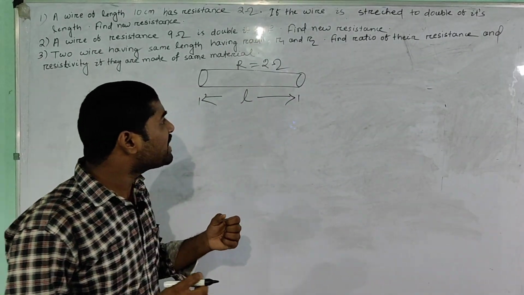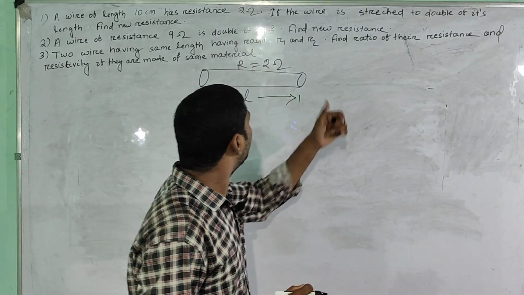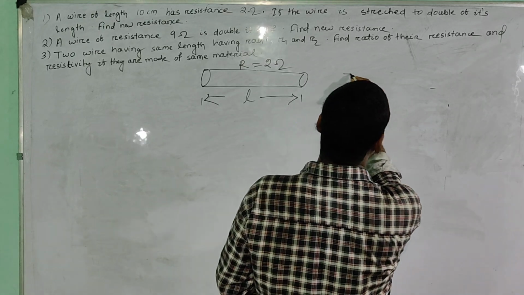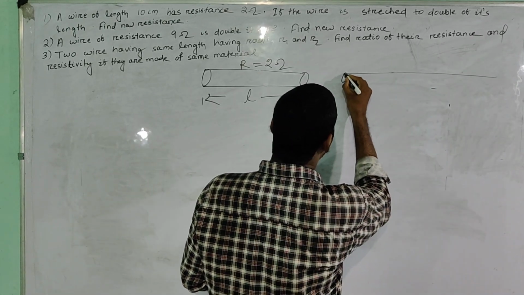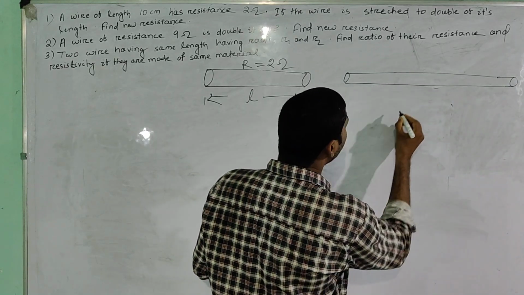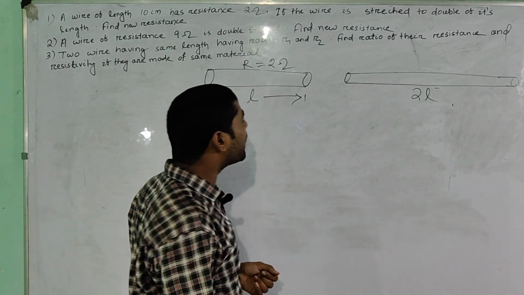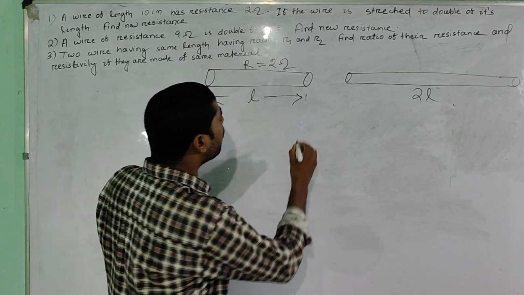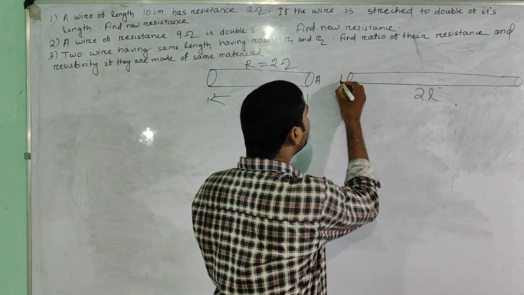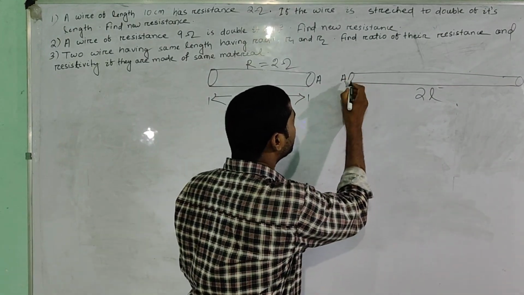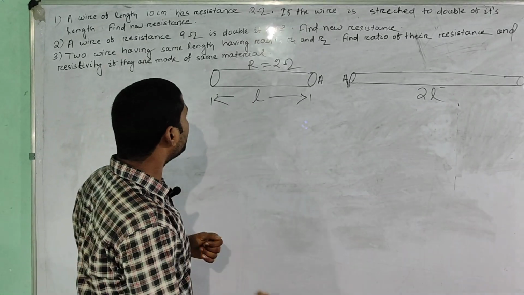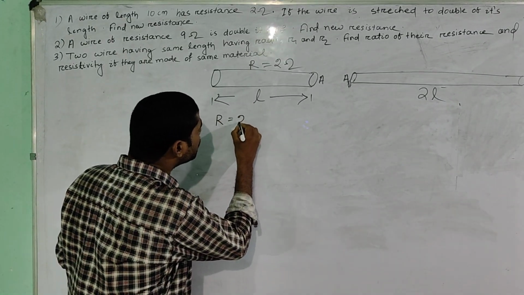If I stretch this wire to twice its length, suppose I stretched this wire and the length became twice, that is 2L. Let the area of the first case be A and the area of the second case be A1. Okay, so here given resistance is equal to 2 ohm,